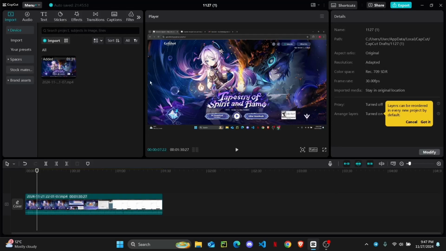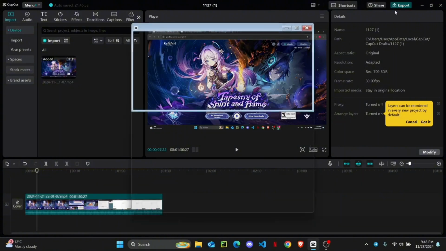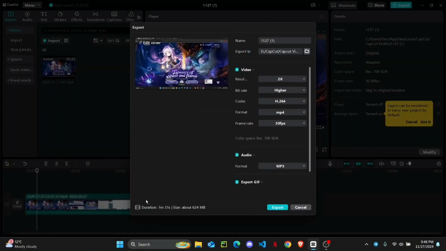So here you can see I have this project on my screen right now. So what we're going to do is simply head over to this project. You can see this when you hit that export option. You can see the file size of this project. Like the duration is this much minute and the file size is about 624 MB. So in order to reduce this and compress it, you're just going to head over and decrease the